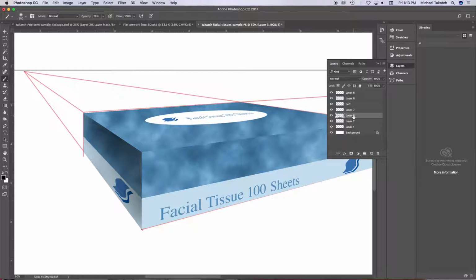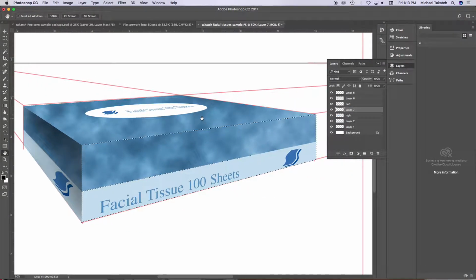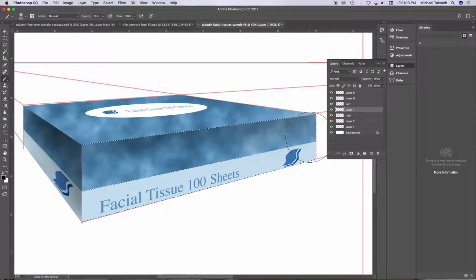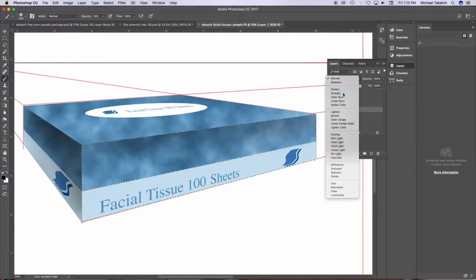So I'm just going to title this right in here. And just select it onto this layer, taking that brush. And I'm just going to kind of just go on the top of it, not too much because I want to have the top part be light. So that's one aspect to it. Change it to multiply,